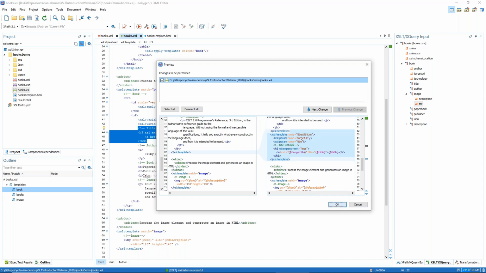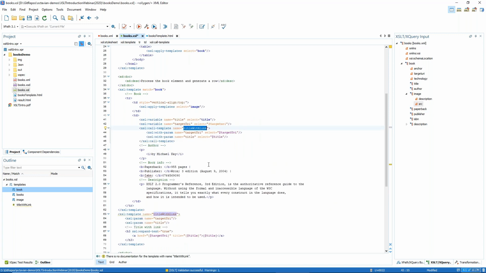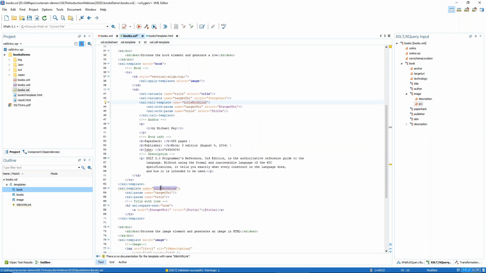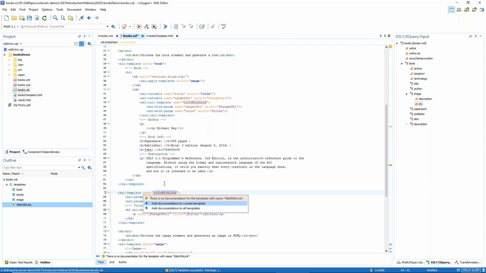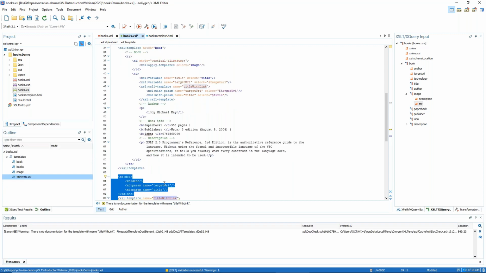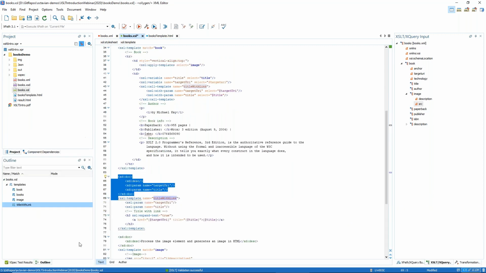So I just accept this modification, and we see that the call template is created, and here is the template with the link that I created, and I can add documentation also for this template. And because this time I have also parameters here, we notice that you need to add the documentation also for the parameter. So here you can specify something like